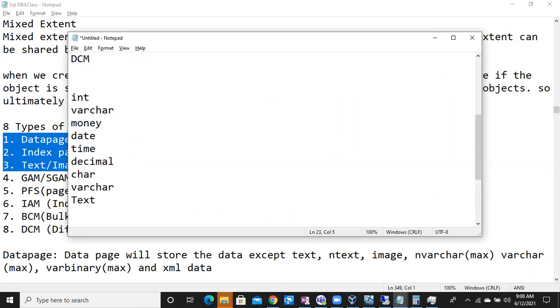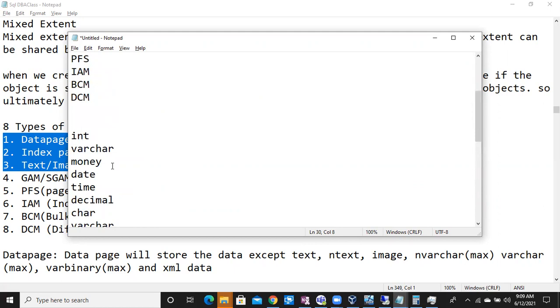Okay, these are the different types of data types in SQL Server, right? Small data types means the data type size is very small, like integer size is 4 bytes only. Integer, money, datetime, character, varchar: these are all small data types. Small data types data will be stored inside your database.